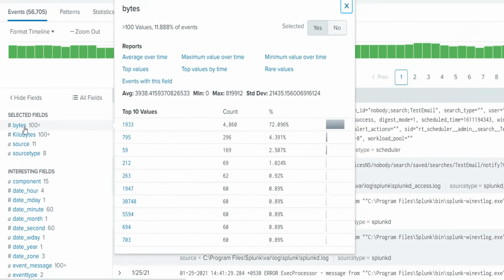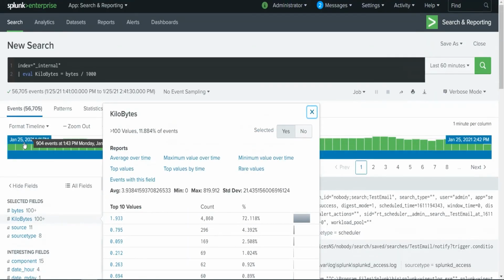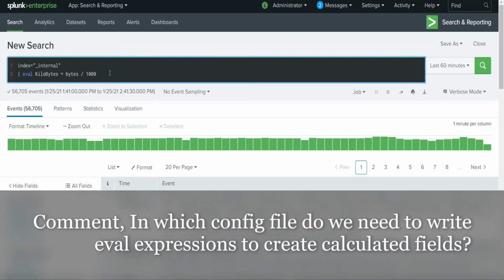If you see the bytes section and kilobytes, we can call this a calculated field in our events. This way we can write an eval expression to create calculated fields in our events. As I said, there are two other ways, which we will see in the next videos, and that's it in this video.